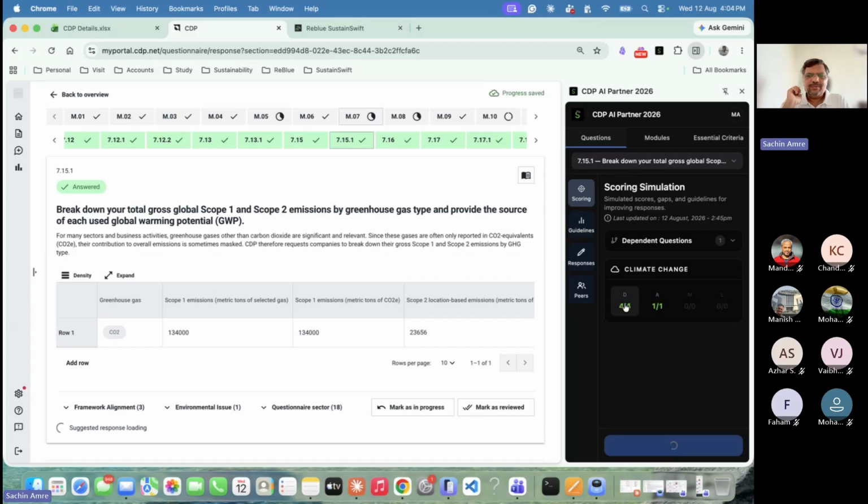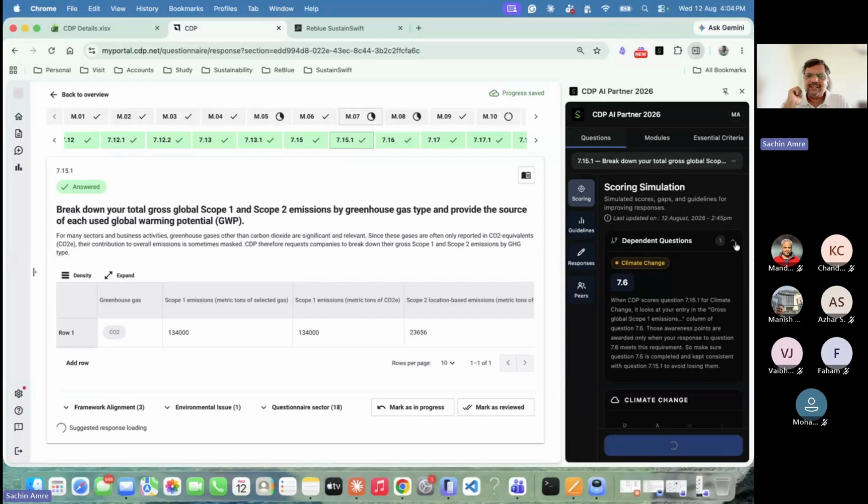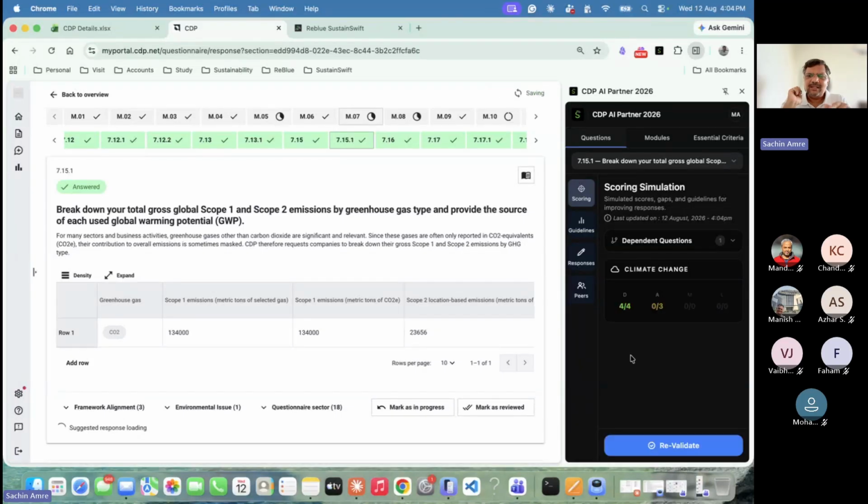Okay, so now the plugin is picking up the data, doing a calculation, checking and verifying the value against 7.6. If you see here, it has also shown that this is a dependent question. So this question 7.15.1 is dependent on 7.6, which we just saw. And now it is going through this analysis, and it has found that you will get penalized in the awareness level of